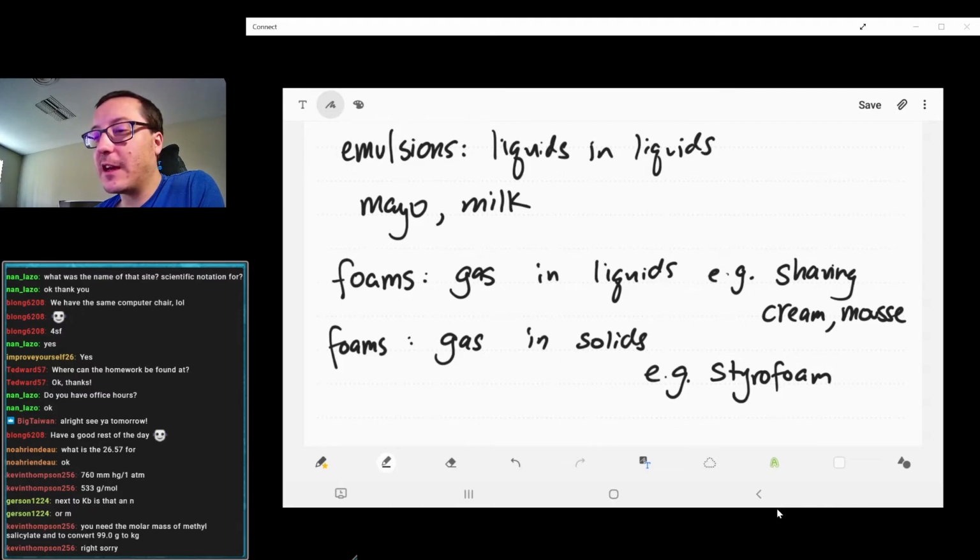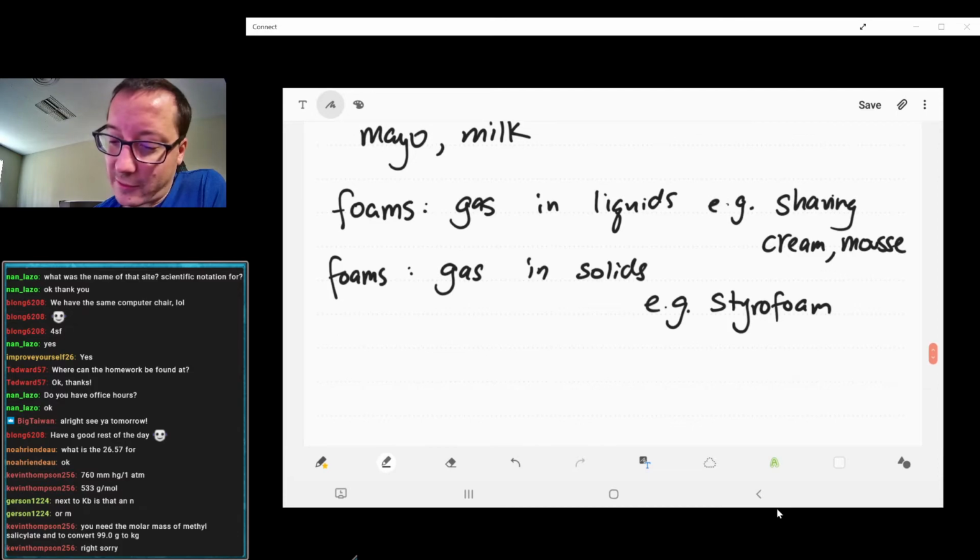Let's see, what else do we have? We do have ones that are solid in solid, but those are tougher. That would be something like stained glass, where you have solid particles dispersed in a solid medium. For example, stained glass would be, I think those are called milk sols, but who knows? But stained glass would be another example,